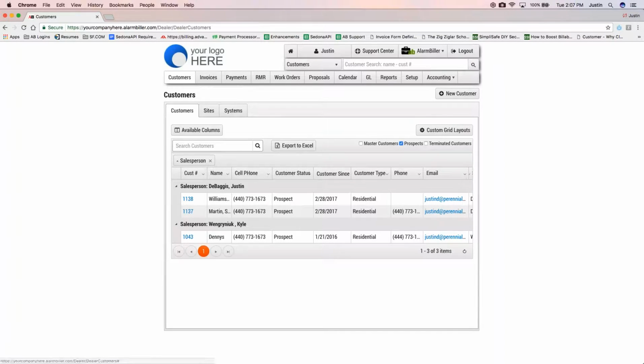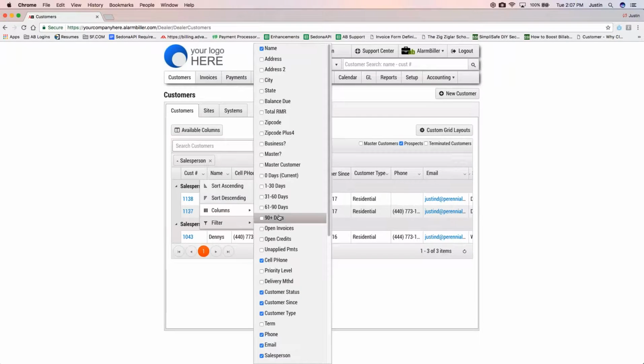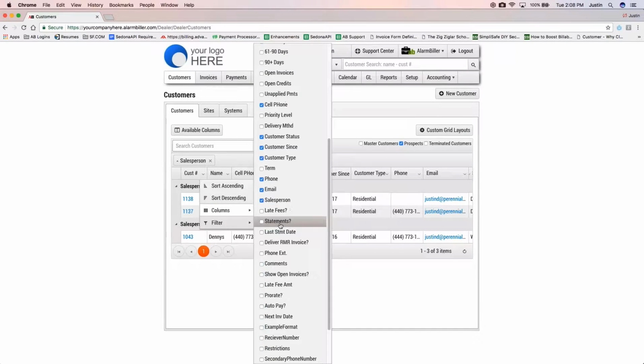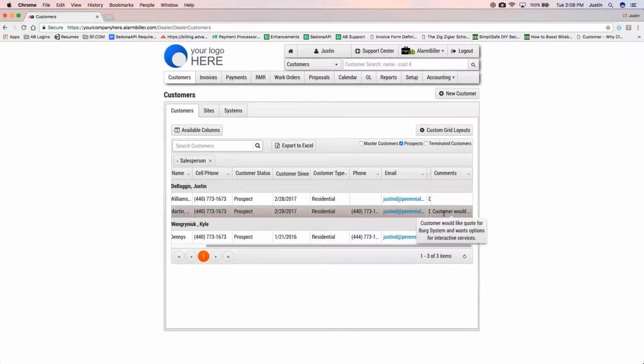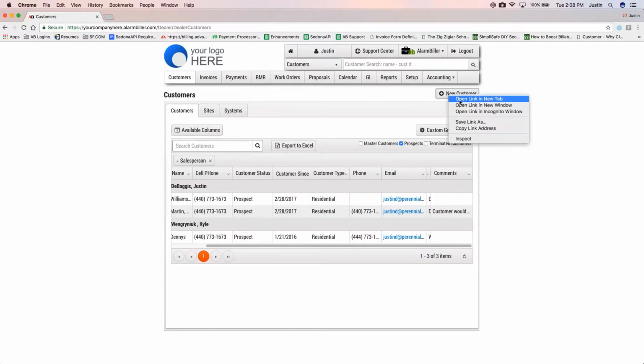So all of that information is going to be added in there. Now, the comments field, you can also add within here. So from that initial call, I can see the customer would like a quote from the Berg system and wants options for interactive services too. So when I was showing you adding that new customer, and I'll drill back in there for one second,